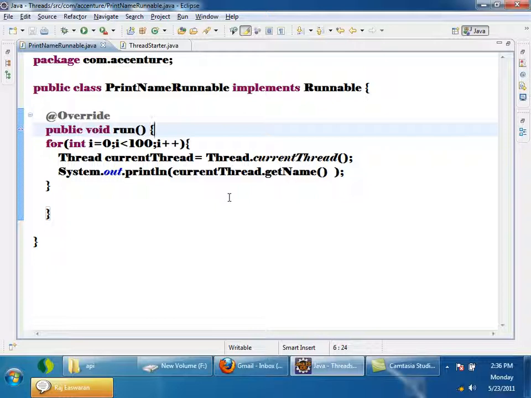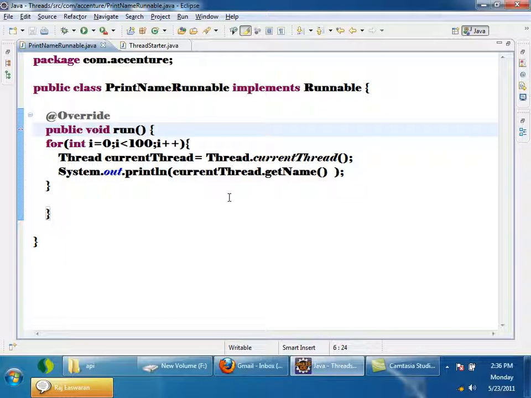Let's assume thread 1 gets a chance. After thread 1 is executed, its time slot is also over after some time, then the next thread. Like that, all the threads will be executed in their own time slot. But as the CPU is very fast, we get a feeling that they are running parallelly.